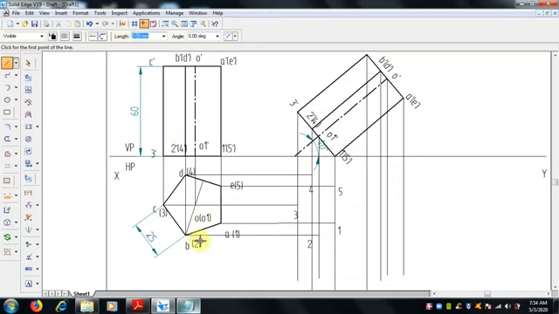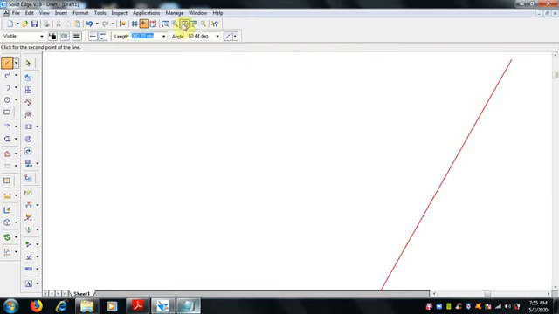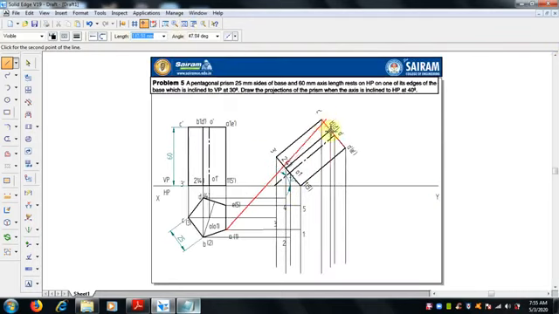Draw the projector line. From A, there it is here.